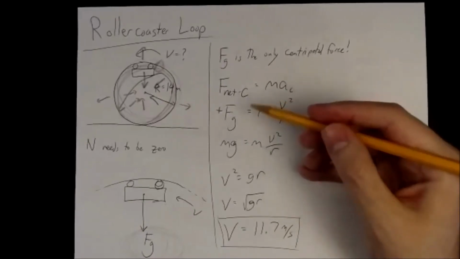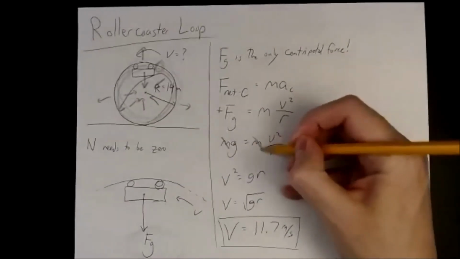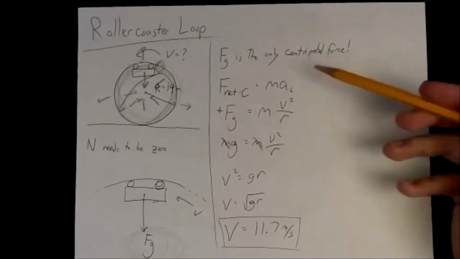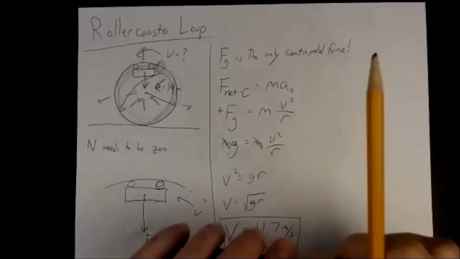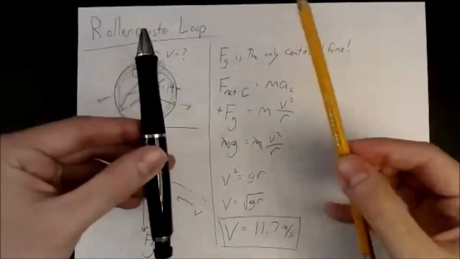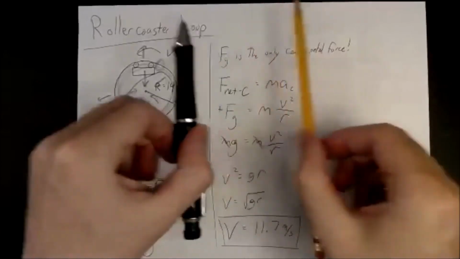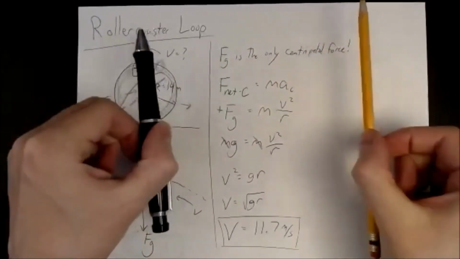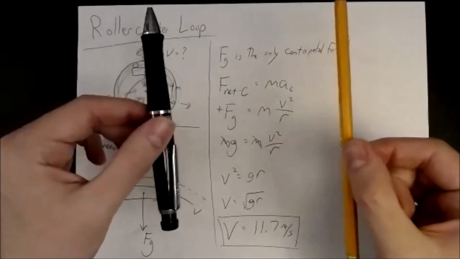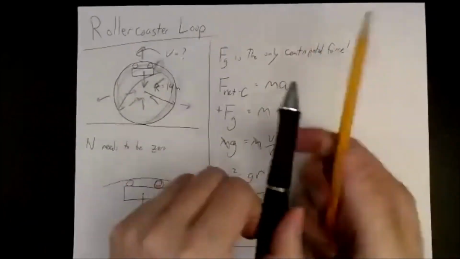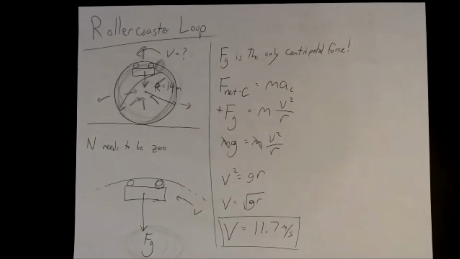This is regardless of mass because we were able to cancel out the mass there. Very, very often we get to cancel out masses, which is great. It shows that if you have a heavy object and a light object, and you drop them at the same time, they hit the ground at the same speed. It's the same principle as that a heavy object and a light object will hit the ground at the same speed if released from the same height and all that.